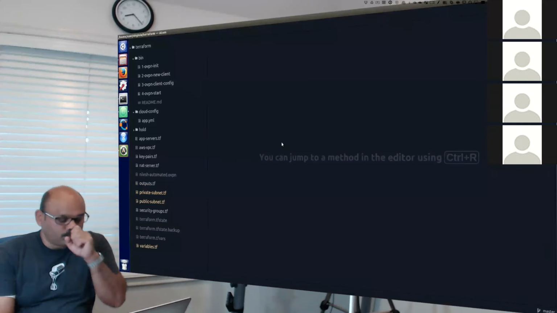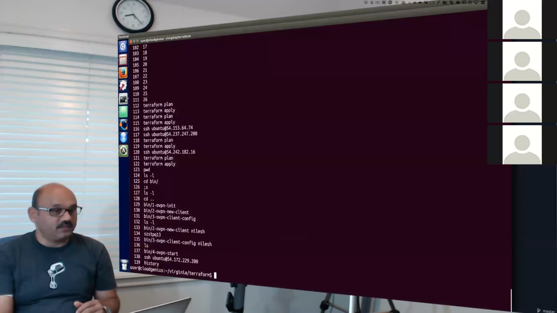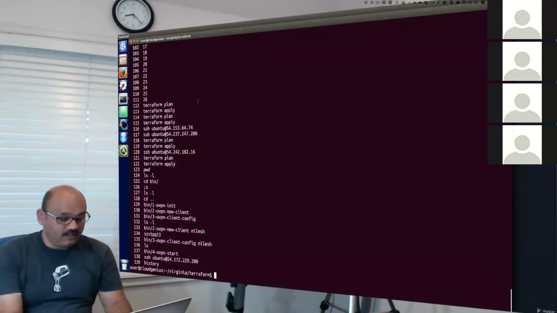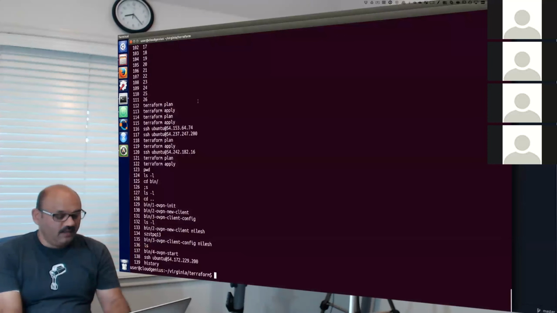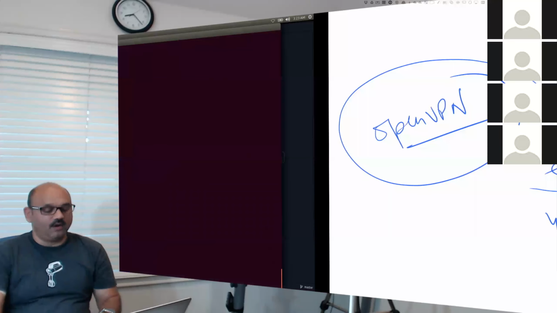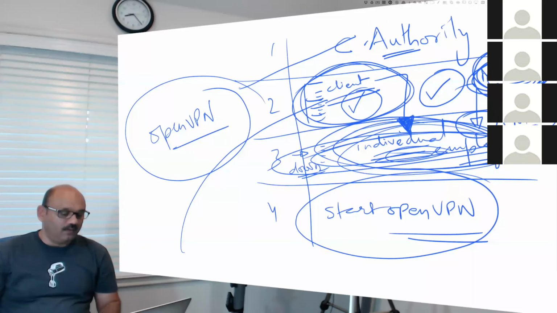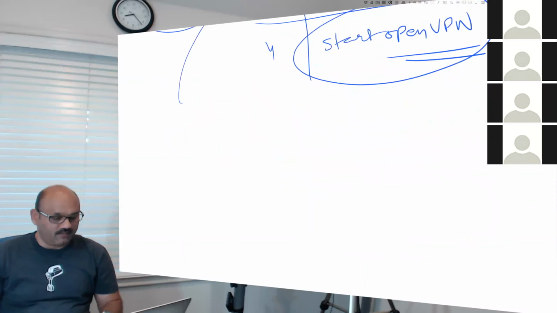Okay. Now, having produced a certificate to allow us to connect to that machine, our own VPN server, which seems to also be running as our NAT machine, what we need to do is somehow have a way to connect to the OpenVPN. How do we do that? We have created a certificate authority, generated a client certificate, downloaded a client certificate here, and then we started the VPN server. 4 steps.